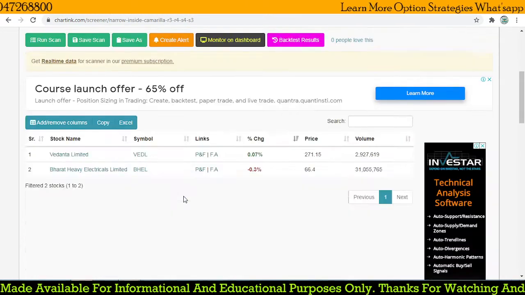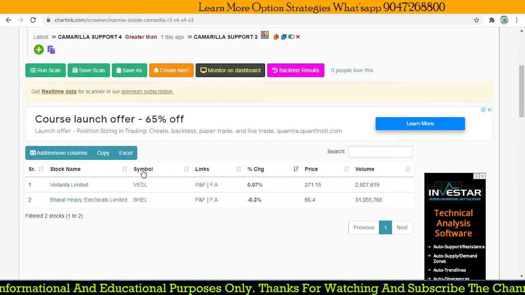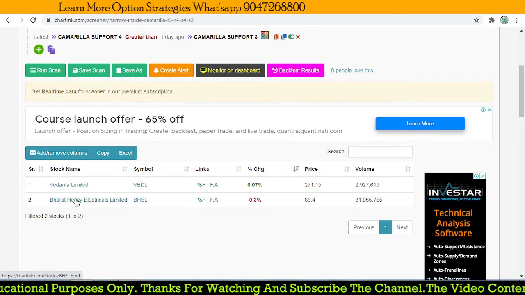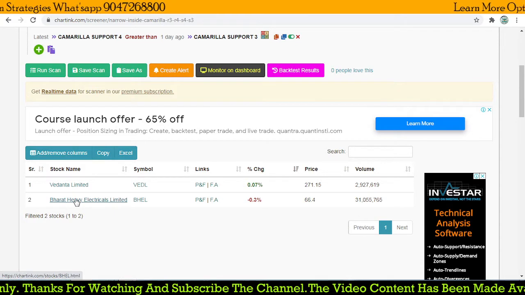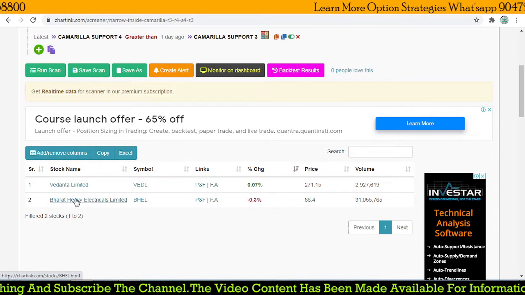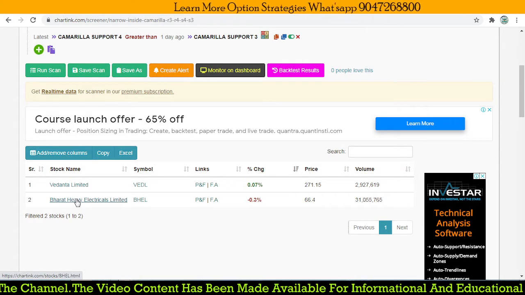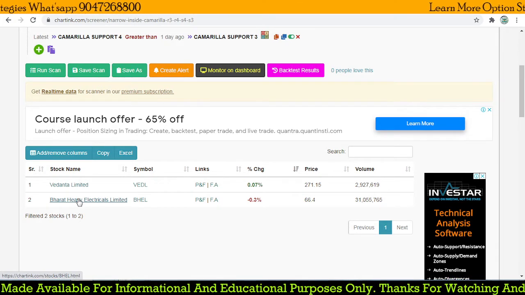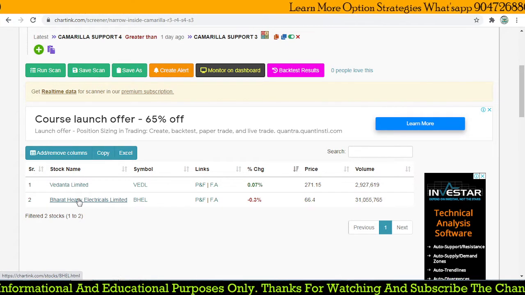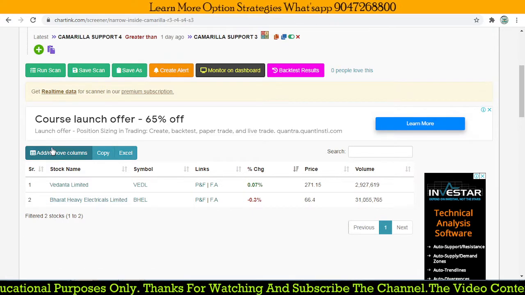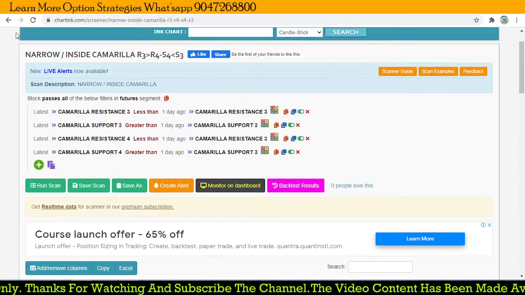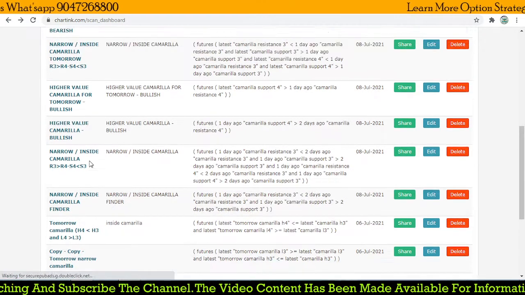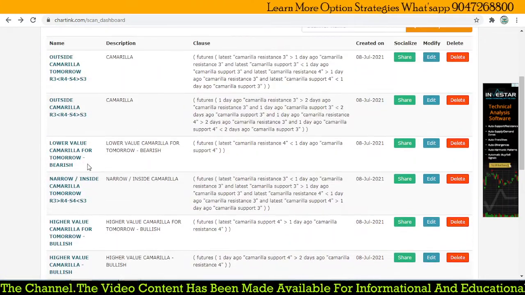You can take these stocks and check them out for tomorrow. VEDL and BHEL we are going to focus on for a breakout trade, Info Edge for a down trade, and other stocks like Axis Bank, Bank Nifty and ICICI Bank for a bullish trade. If you want to focus on a range bound trade, it is also possible to scan for those stocks.